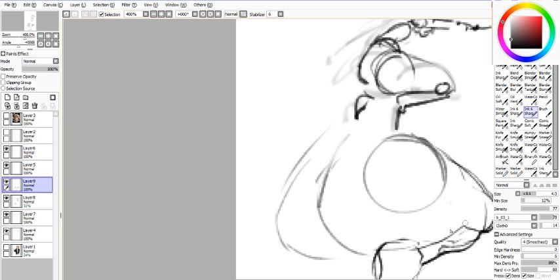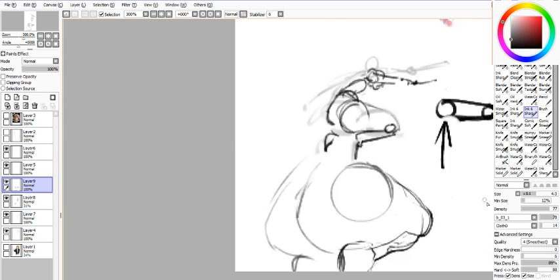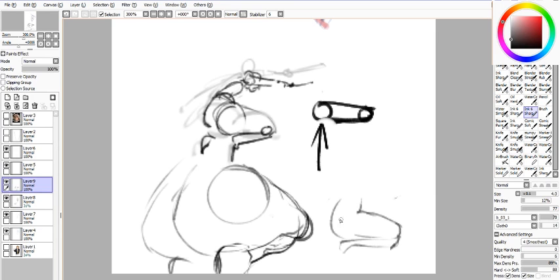So we go from this simple leg shape, and then you pull in and everything gets crazy looking.